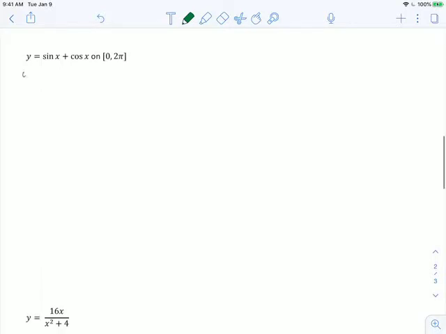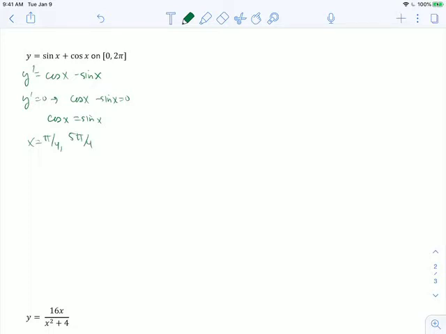So we first start off by finding the derivative, and I'm not going to belabor this since we did this work in the previous section as well. We find the critical numbers by setting y prime equal to 0. And so in this case, it might be useful to write it as cosine x equals sine x. These two expressions are going to be equal in the first and third quadrants, and we want to remember that it's pi over 4 and 5 pi over 4 that we found as the critical points